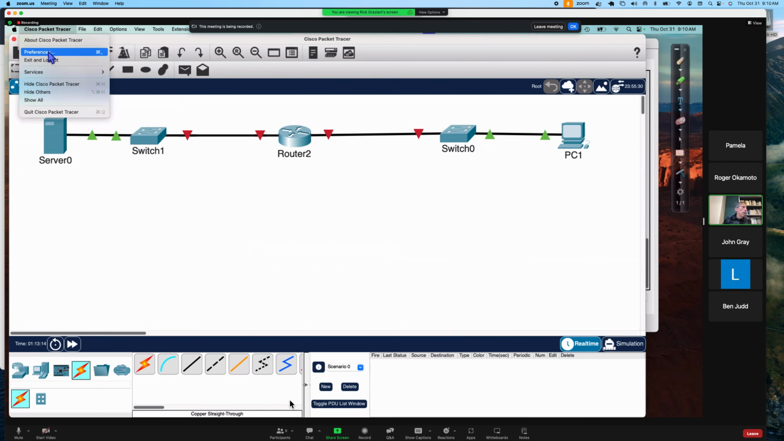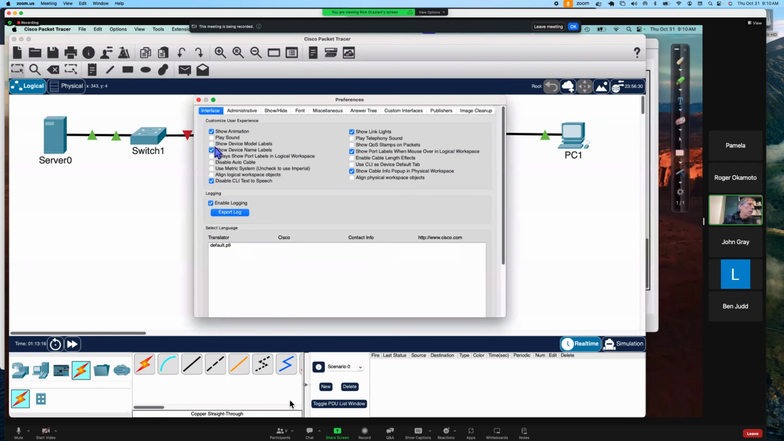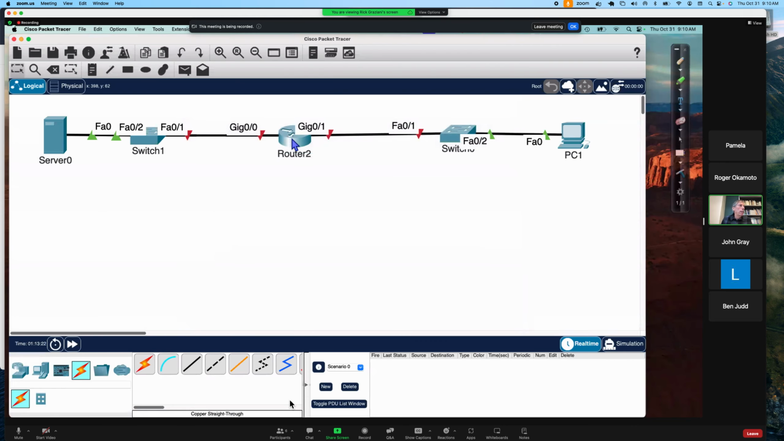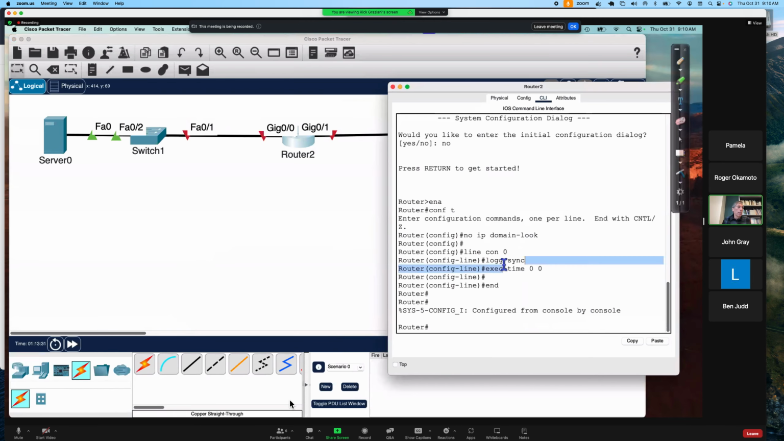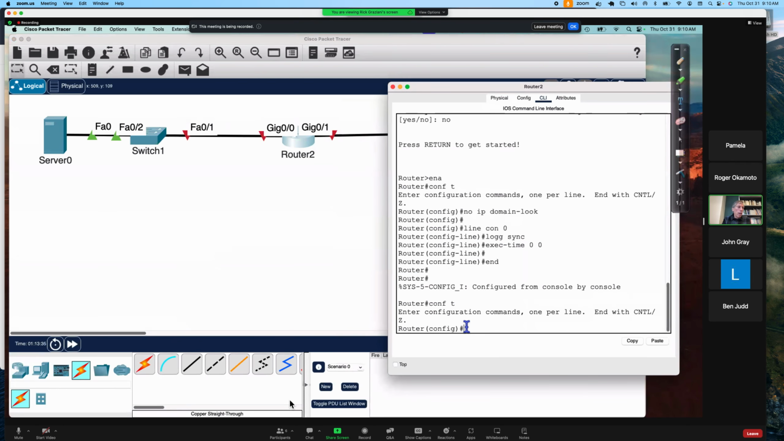So we have this preferences. Let's go ahead and show the port labels. There we go. That makes it even easier. Okay, at least we can see Gig 0/0, Gig 0/1. That's what we care about there. Okay, so let's go to the router here. And we're going to say on Gig 0/1,